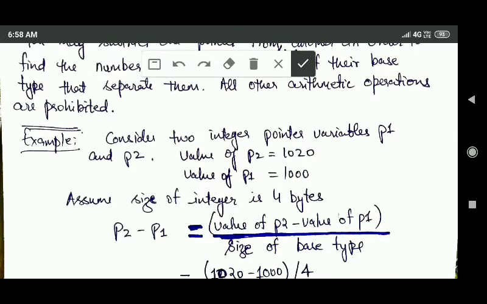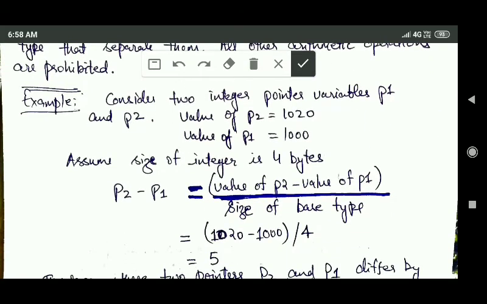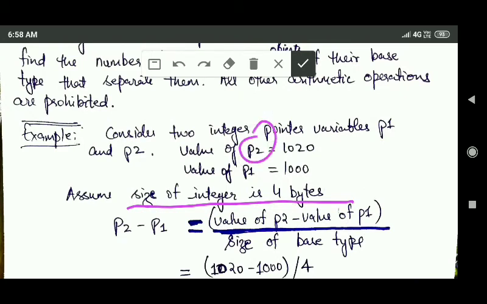Now consider two integer pointer variables P1 and P2. The value of P2 is 1020 and the value of P1 is 1000. Here we have assumed the size of integer is 4 bytes.